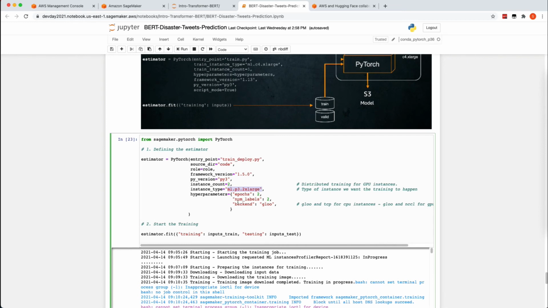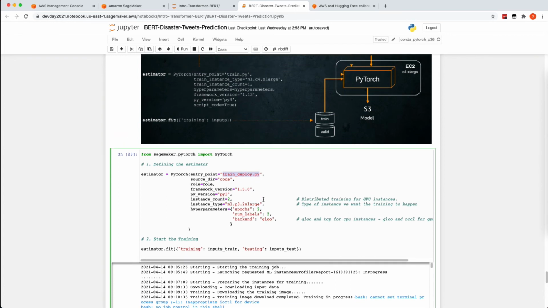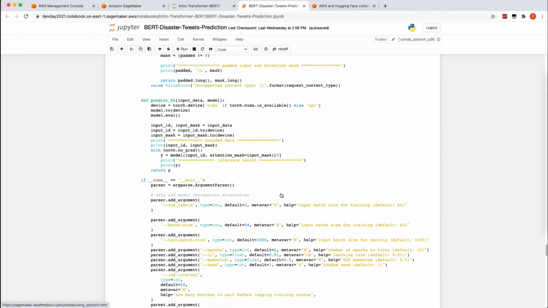Right? And we can provide some hyperparameters, like we want this to run for 2 epochs, and the number of class labels is 2. And this will get fed to the script that we have written a while back, what we have just gone through. There, if you remember, we have an option. If I just scroll up